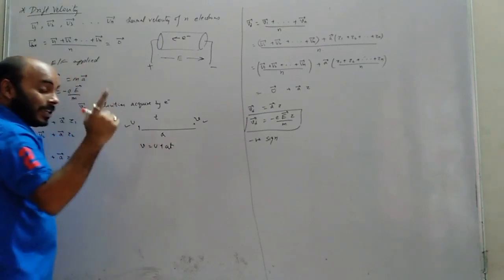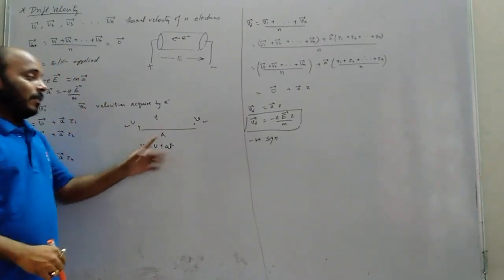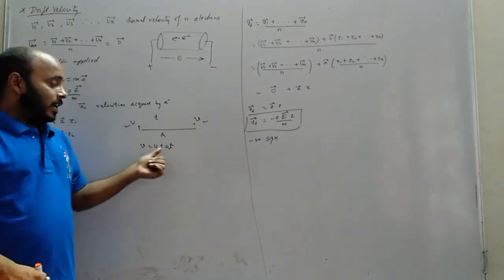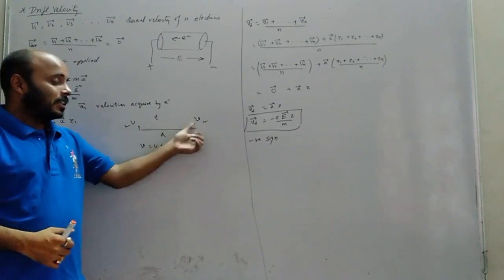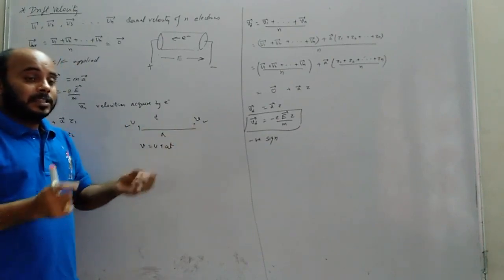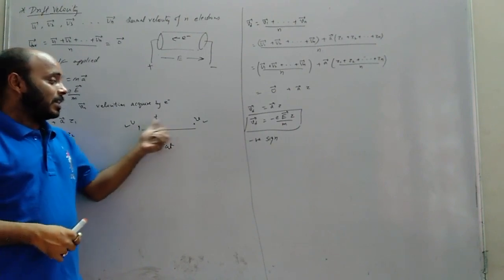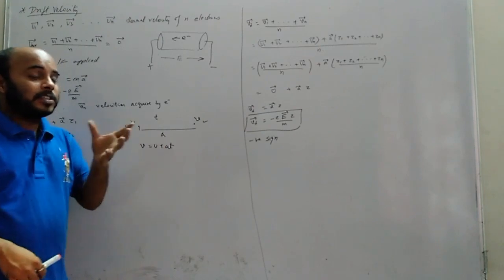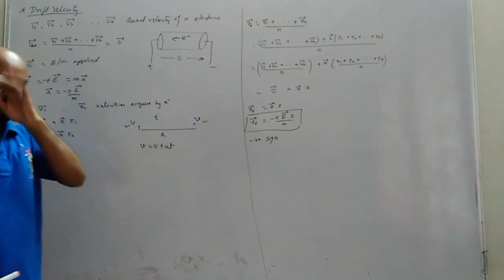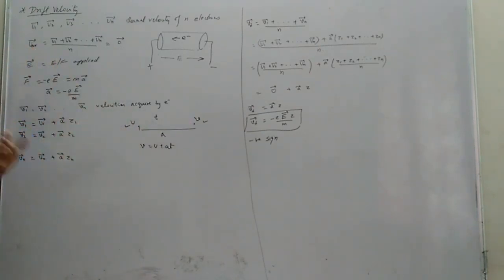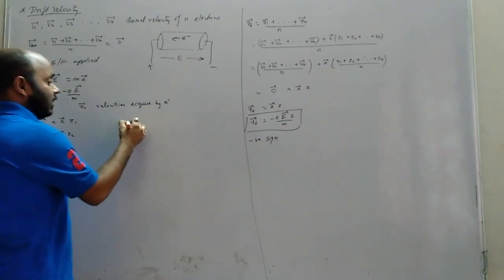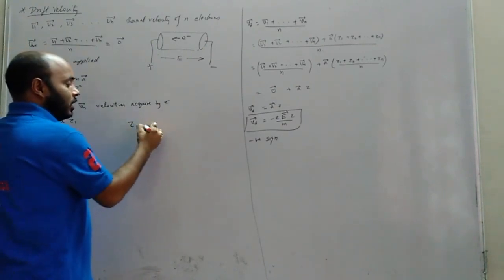Now listen very carefully. v is the final velocity, u is the initial velocity, a is the acceleration from u to v, the acceleration that was acting from here to here. What is t? For how much time that acceleration was acting, from here to here, that time is t. Okay, t is the time for which this acceleration a is acting, right? Now we will come across a new word named relaxation time. This is called tau. Okay, this is how we write tau. It is relaxation time.